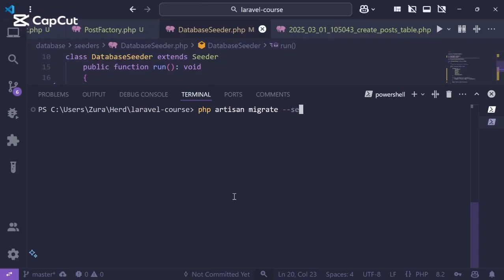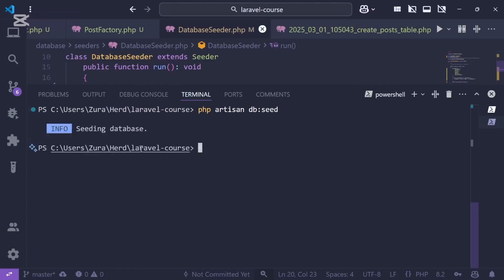Actually, you can provide --seed to generate seed data as well. The second way is a second artisan command specific to executing the seed data: php artisan db:seed. We hit enter, seeding database has been completed, and now we should see some data